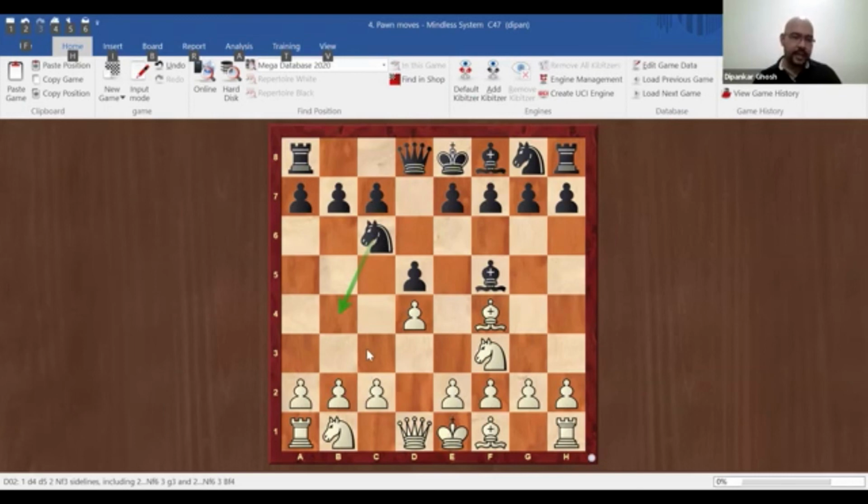Instead of mindlessly playing knight b to d2, which he might have planned ahead of time, he can play c3, because this is also part of the London system. Now there is no knight to b4, and this threat is stopped. And next, this pawn can be pushed to e3, the bishop can come out to d3, and white can go ahead and follow their system. But while following a system, we want to make sure that we are paying attention to our opponent's threats and not playing some opening system mindlessly.